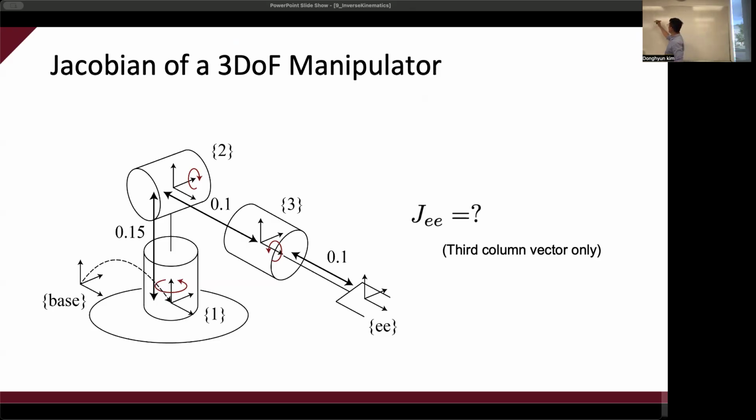And this last column is the adjoint of T_E3 times S3. And what is S3? 1, 0, 0, 0, 0, 0. Great. And this T_E3 is